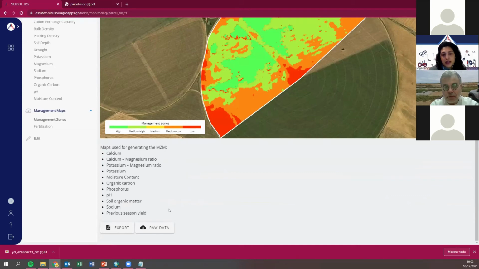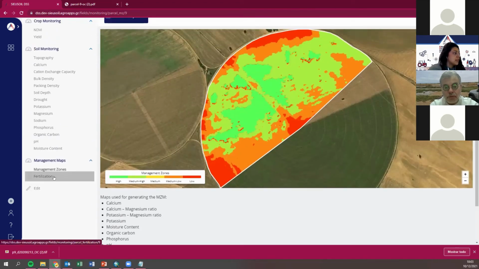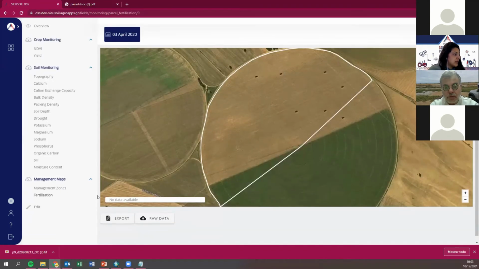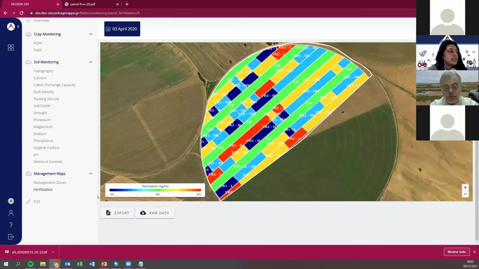This is really useful for the advisors, who can also advise on, for example, amending the pH or other parameters, and not only for the upcoming management such as fertilization and so on. Great. This map is really useful, but one of the main results of this tool is that you can actually download the variable rate map. So this, for example, is an experiment that we have developed in that specific field.